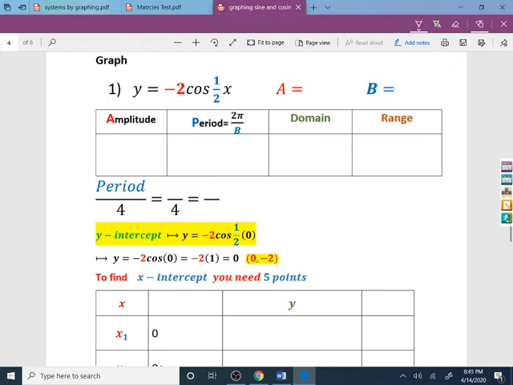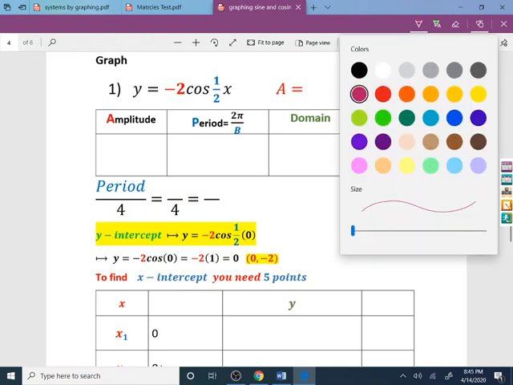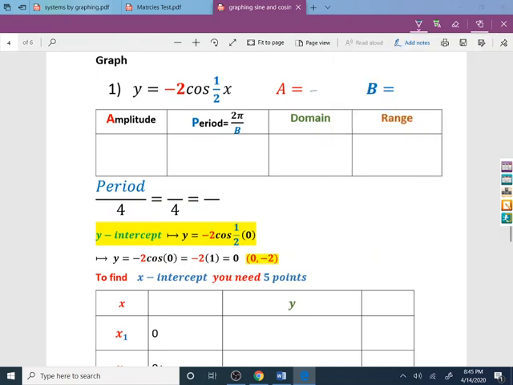What we have to do? Look, we have to find A and B. What's A? Let me use, and I like green, I like green color all the time. A is -2 and B is 1/2. Now, when I find the amplitude, I have to take absolute value of -2, which is